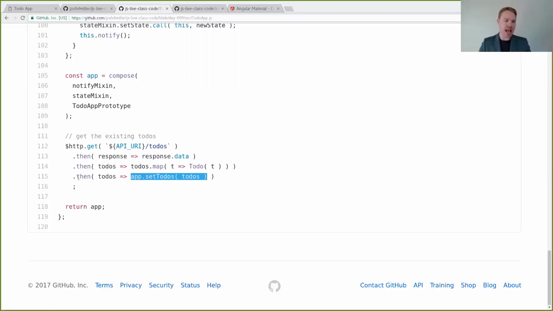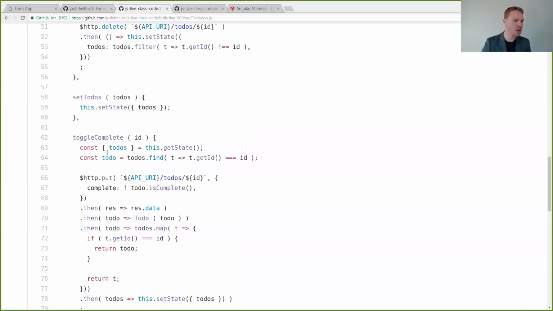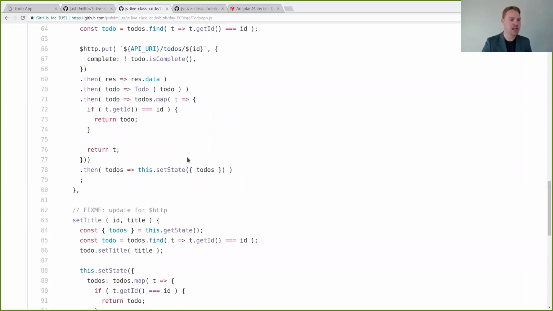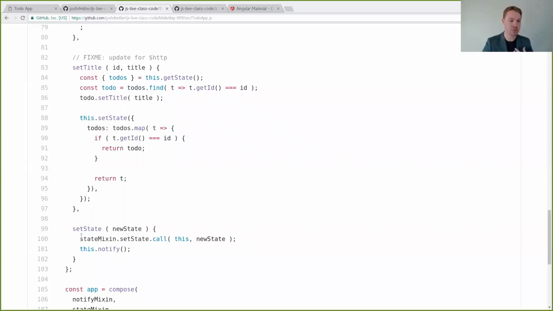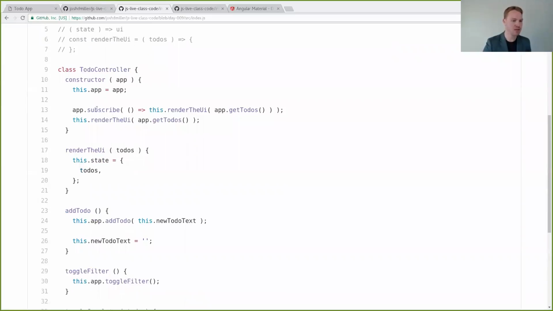So Angular is tracking this, right? Because it's one of Angular's promises, one of Angular's services. Angular is tracking how this is going to work. So when we call .then, we call app.setTodos. App.setTodos calls this .setState with the to-dos, right? This .setState calls the function from our state mixin. So now we have the state actually set correctly. Then we call this .notify synchronously. This .notify calls our functions correctly, which is what we passed here to app.subscribe. So that immediately calls this function, which immediately sets this state to this.